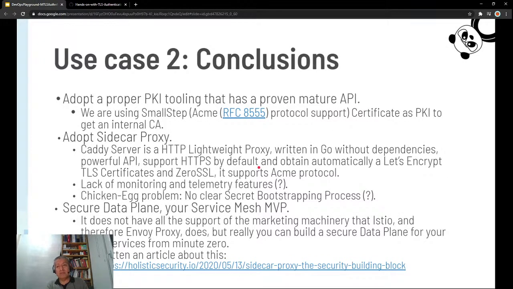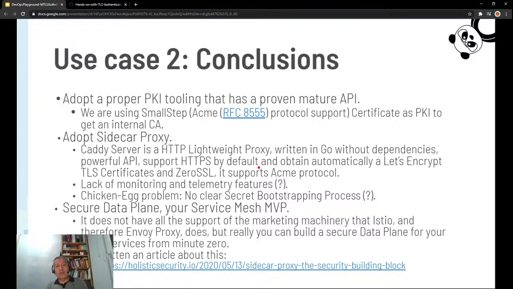As you know, Let's Encrypt is a public service which provides certificates. What happens when you are running your application inside your internal organization? Yeah, you have to open a specific port, which sometimes is not possible. What happens if you want to implement an internal PKI in your organization? Yeah, you can still use Caddy and configure Caddy in order to retrieve certificates from your internal certificate authority instead of using